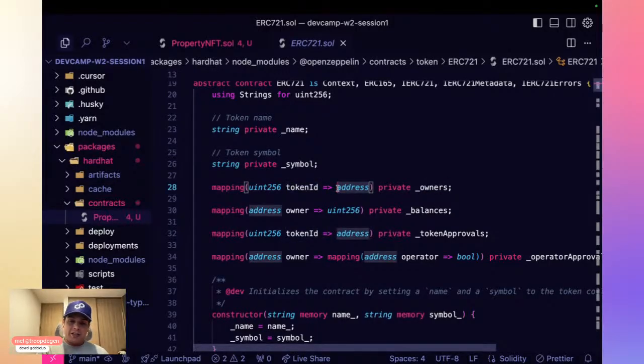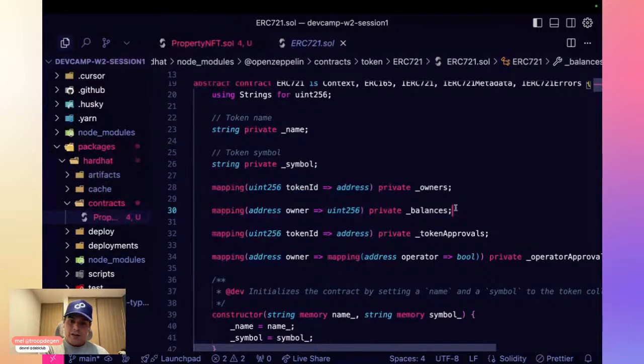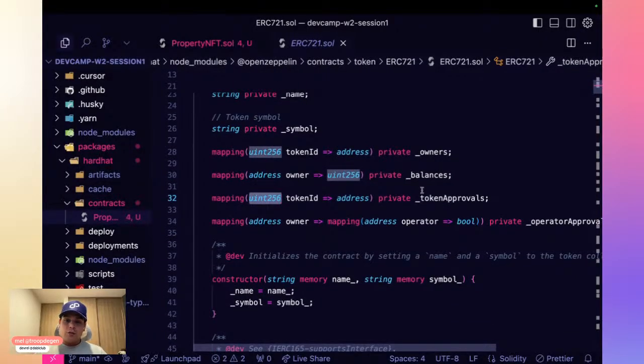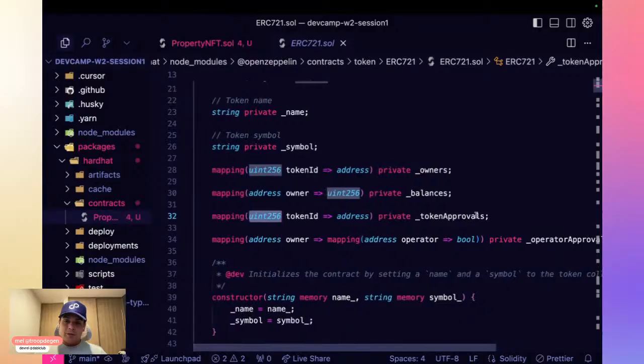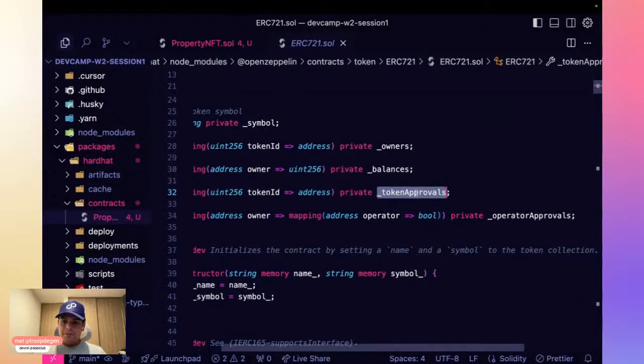Here the token ID is actually important. We don't have this for ERC-20 tokens, but we do have balances. So we will also keep the balance of which owner has how many tokens, and also, similar to the previous one, approvals and allowances. Rather than allowances, really approval here.